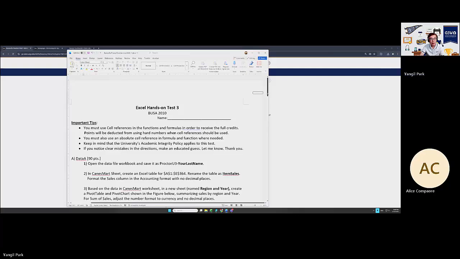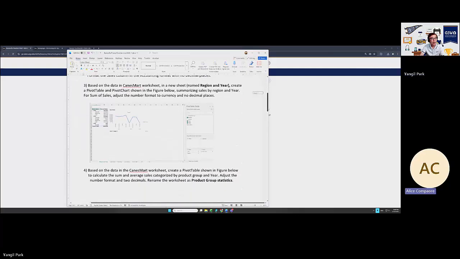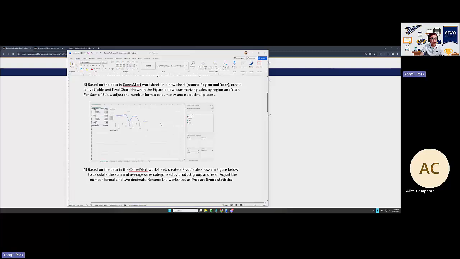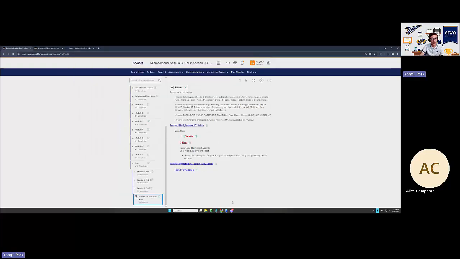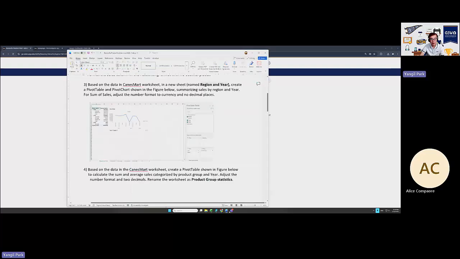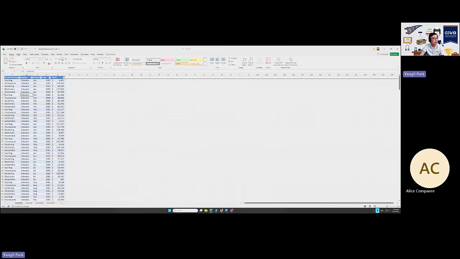Then now we're going to work on this pivot table. So we're going to create exactly just like this using Kane Smart. Then idea is we're going to save this pivot table as reason and year. So I'm going to go back to Excel. So from here, I'm going to go ahead and click Insert. I'm going to click Pivot Table right here. Okay,